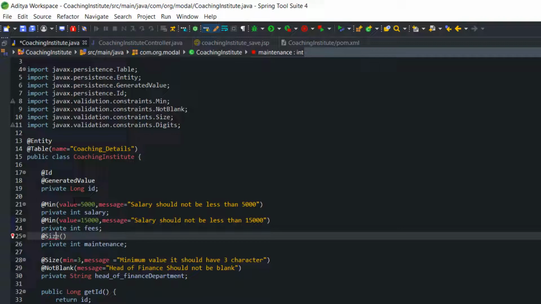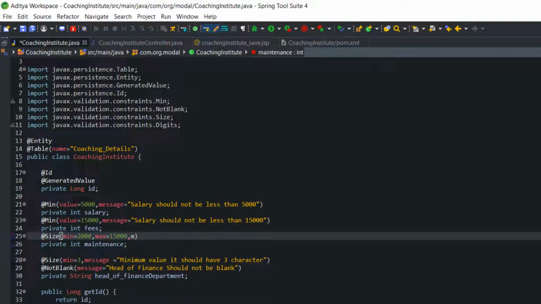So for the maintenance size, I'm going to use min equal to the starting salary, it should not be less than 2,000. Okay, and max should be 15,000, let's say.